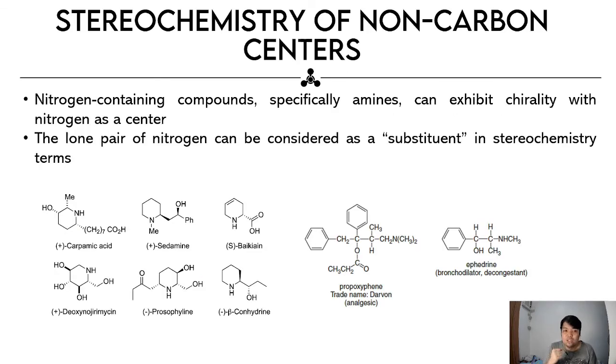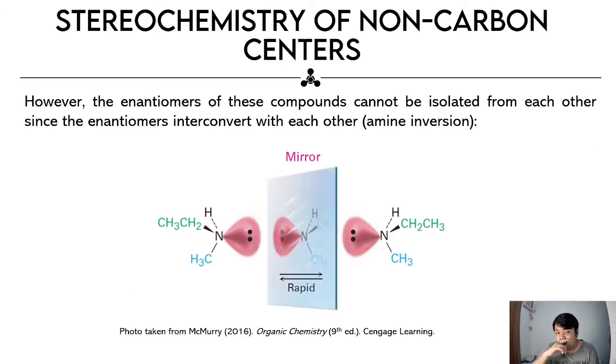Now, nitrogen-containing compounds, specifically amines, can also exhibit chirality wherein nitrogen will be the chirality center. And remember that nitrogen can only form 3 bonds, and the 2 non-bonding electrons will serve as your lone pair, and that lone pair in the Lewis structure of amines is considered as a substituent. And since a lone pair is significantly lighter than any other atom, it will automatically have the priority of 4. However, in theory that is possible, but in practice it cannot be